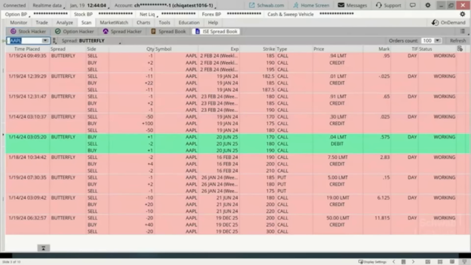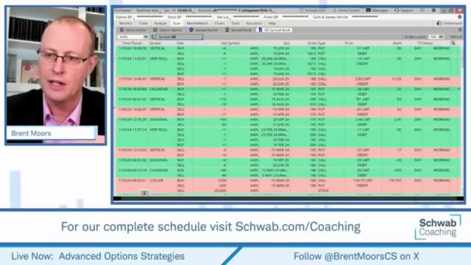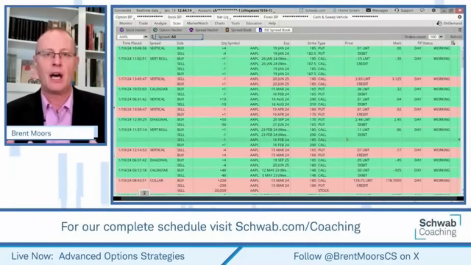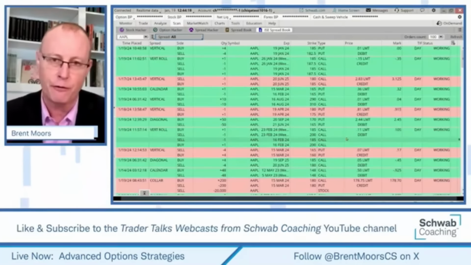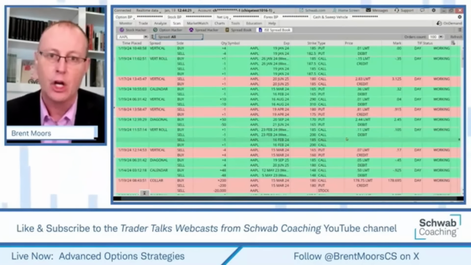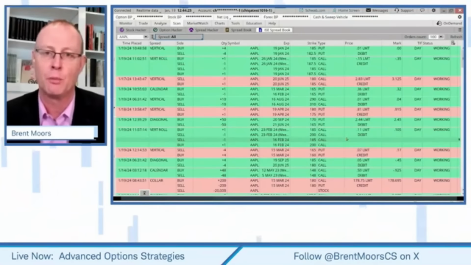You don't have to narrow down the stock. You can just do this and it'll look at every stock. You don't have to narrow down the strategy. You can just see other trades that people are doing. But it's like your mother probably told you when you were little: just because your friend does something dumb, don't do something dumb. Don't just follow what other people do blindly.